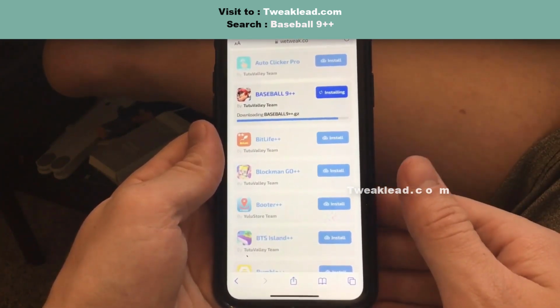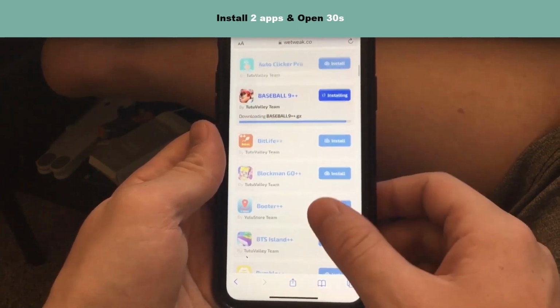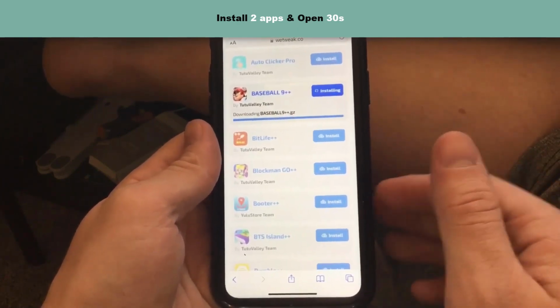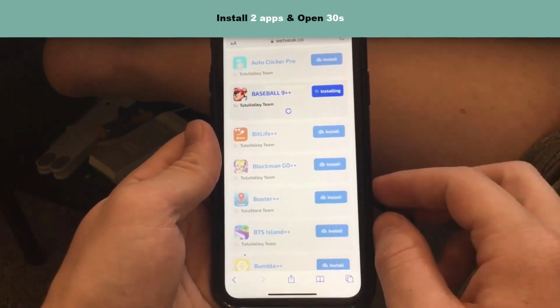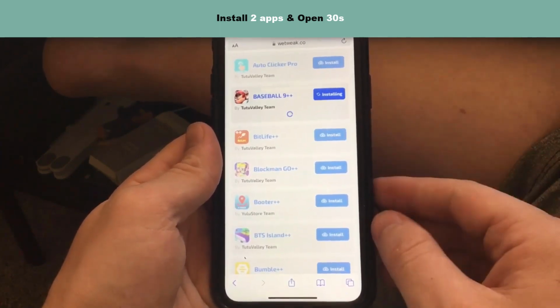But first we need to give it permission and allow it to accept that we are downloading a configuration profile, which should be notified through a notification that will appear asking us if we want to allow this download to go